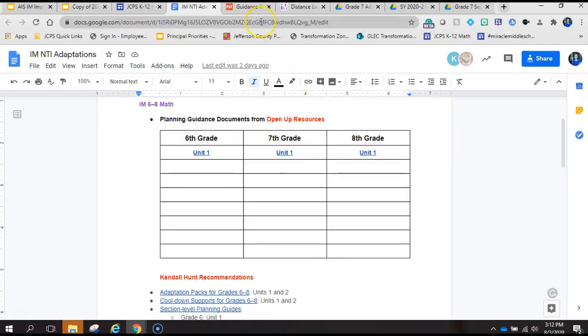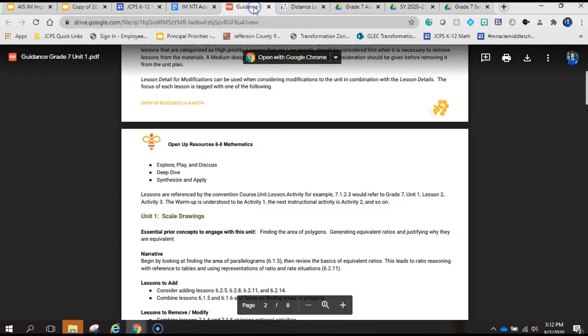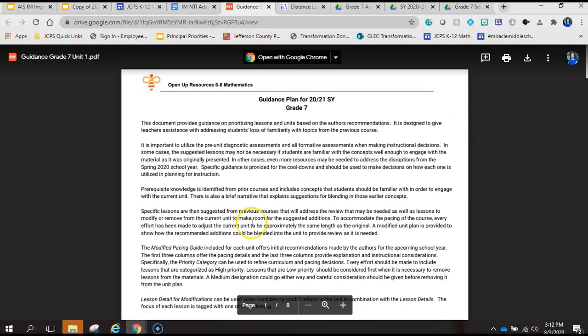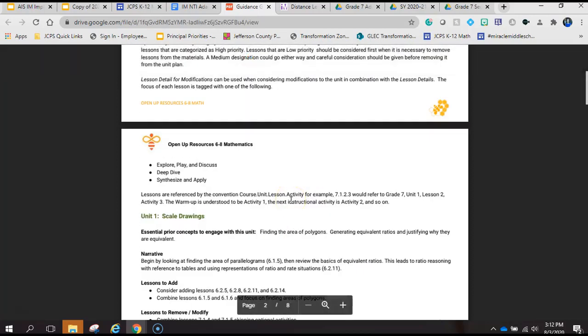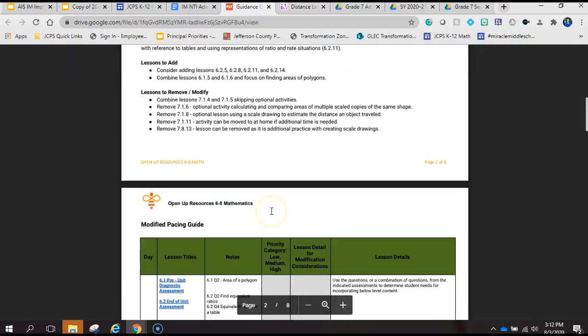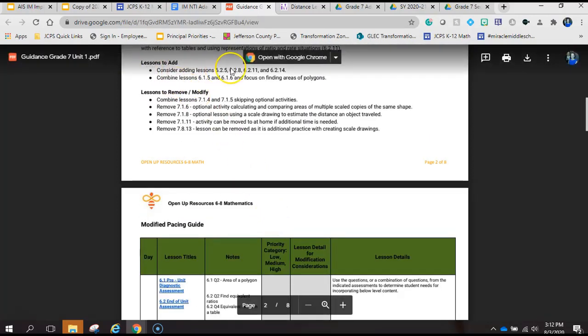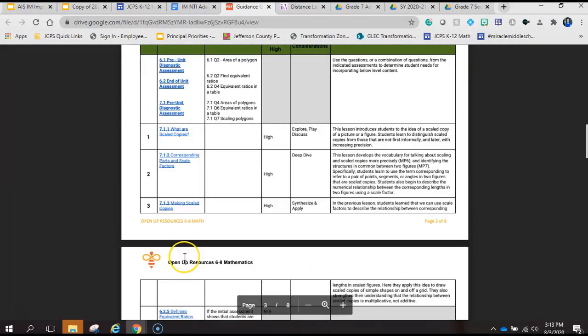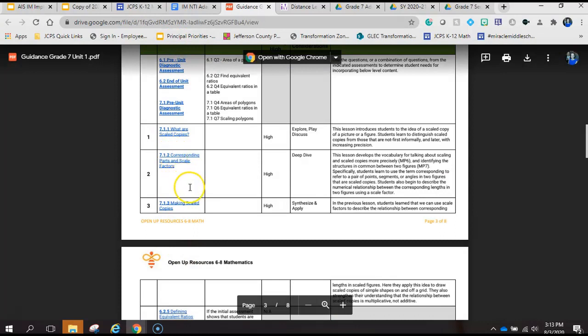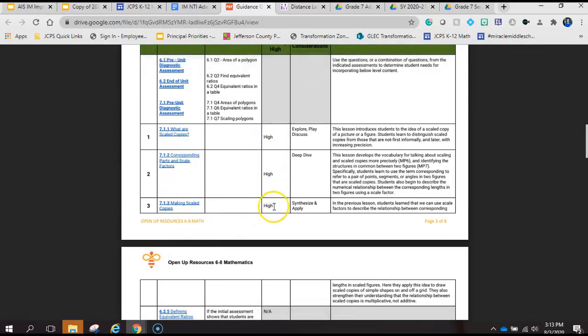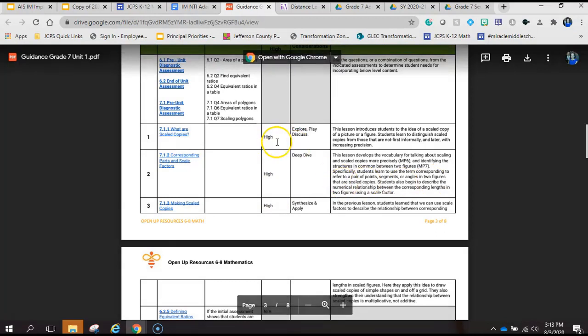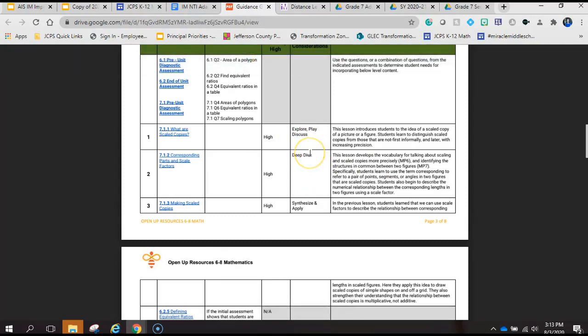But when I go into Open Up Resources, Unit Overview Guides, they provide you an overview, and then it starts talking about Unit 1, lessons you may need to add, lessons you can remove or modify, and it does a modified pacing guide for you. What I really like about this is it gives you the lesson, it tells you the importance level, so if it's high, medium, or low, and then it talks about where in asynchronous and synchronous sessions for NTI it could